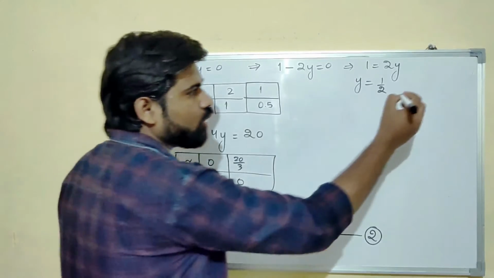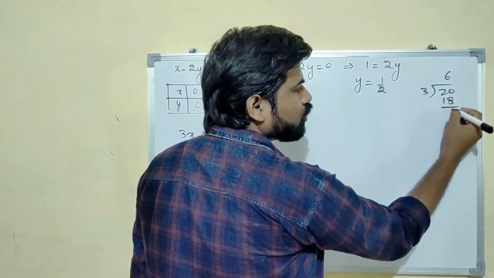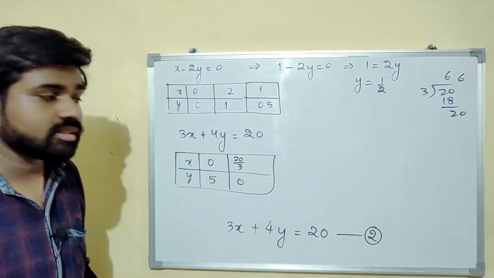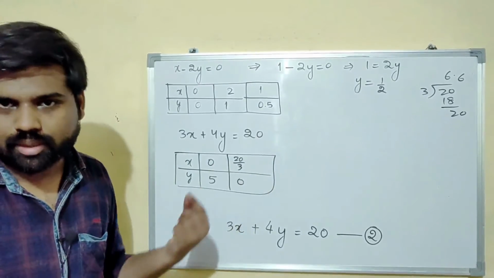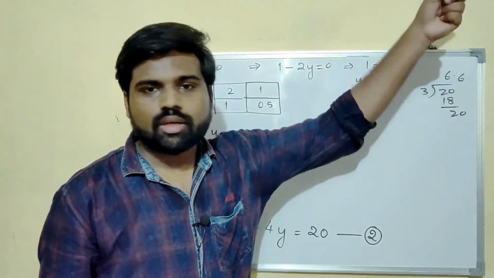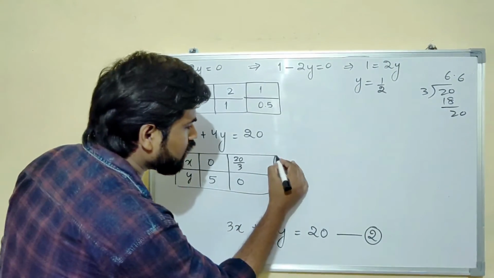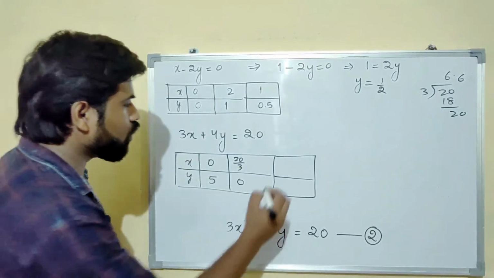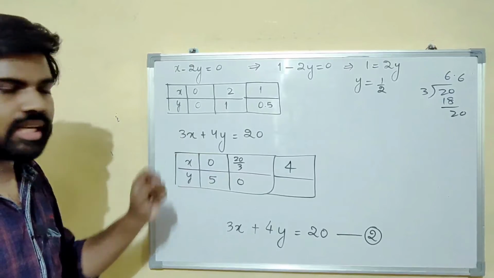Now what is the value of 20 upon 3? You know that, right? 3 6s are 18 and 2.06, this will repeat. So it is not possible for us to locate 20 upon 3 because it's non-terminating, right? So let us select another point for this, and in the book they have used the value of x as 4.